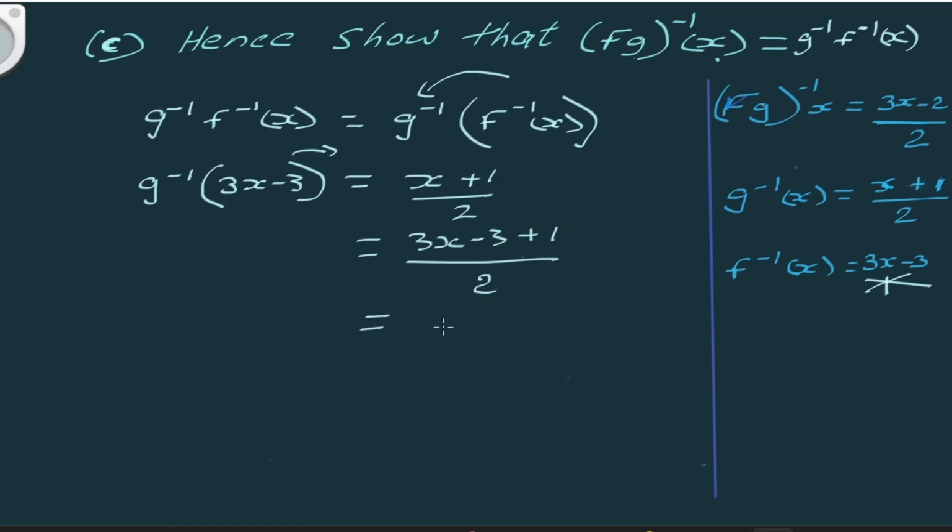3x minus 3 plus 1 will give us 3x minus 2 all over 2. Now we can see that this is the same as this here, 3x minus 2 all over 2. So 3x minus 2 is the same as 3x minus 2 all over 2. So now we can conclude that, so hence